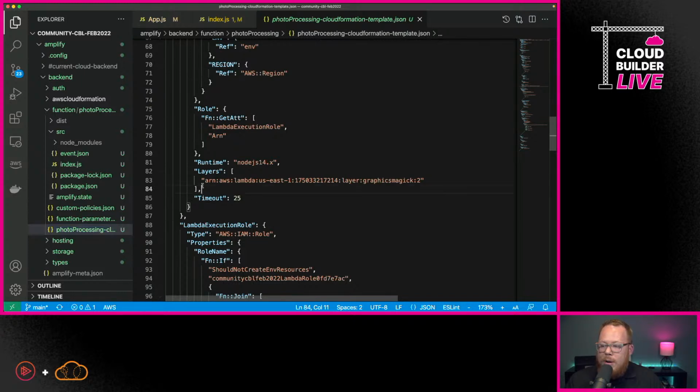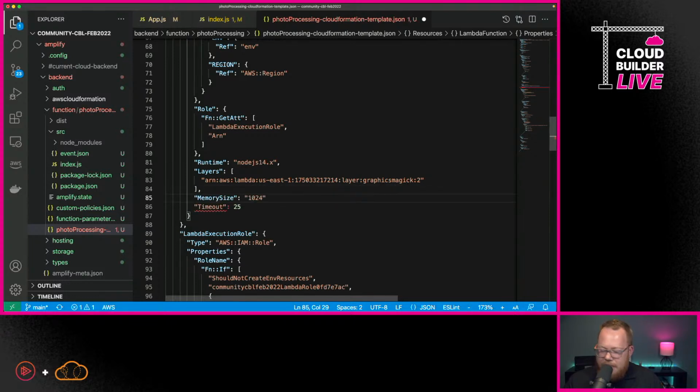But first of all, I'll point out you can see our Lambda layer that was added here to the function. The first thing that I want to do is go in here and change this so that the memory size is a little bit bigger than the default. So instead of 128, I'm going to set that to 1024. And for this timeout, I'm going to make this be 60 seconds, because in some cases we might be dealing with some large images and we want to be sure that our Lambda function has all the needed processing power to create those thumbnails and do some processing.